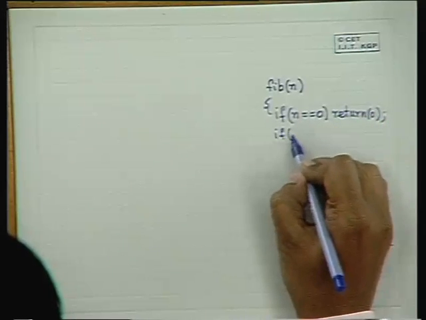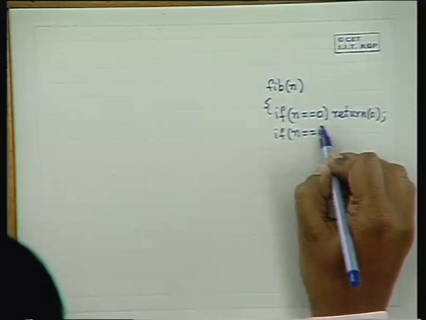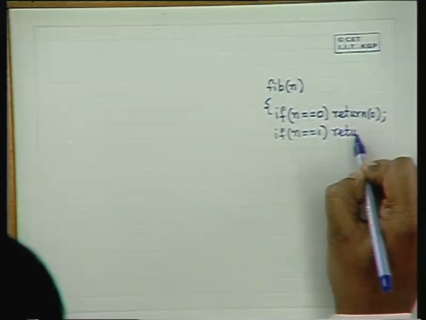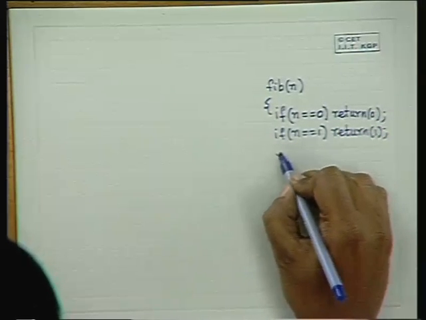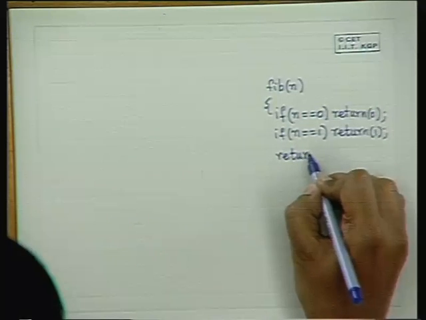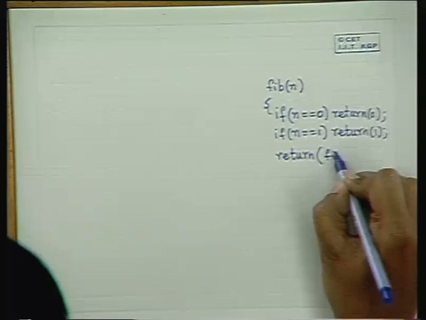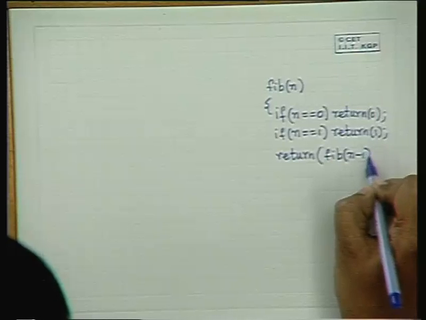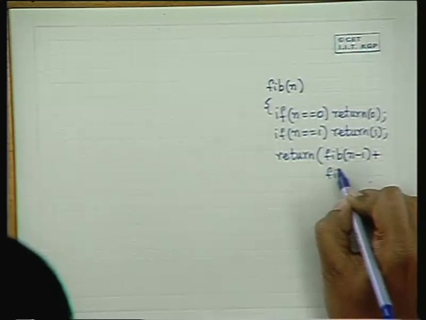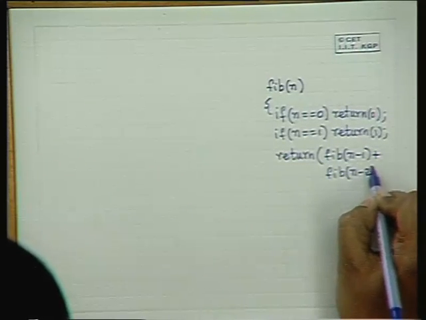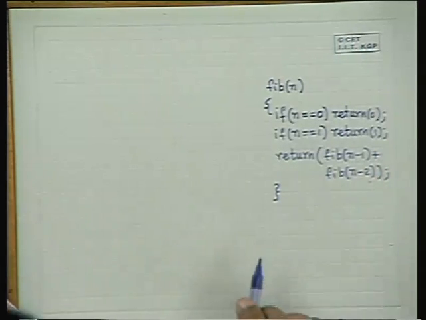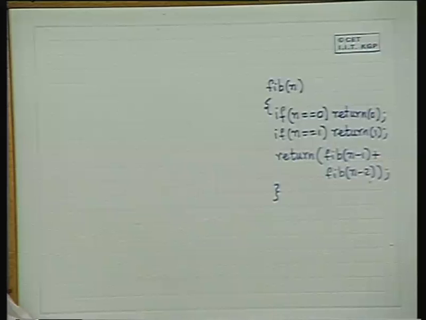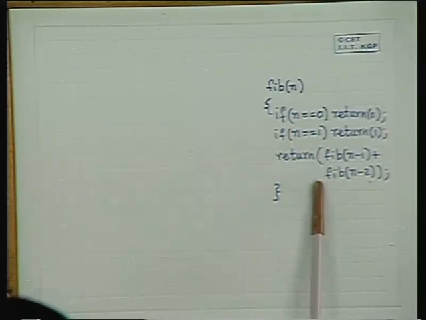If n is equal to 1, return 1, and otherwise we return fib(n minus 1) plus fib(n minus 2). This is the recursive definition of the problem, and in order to analyze whether this program is good or not,